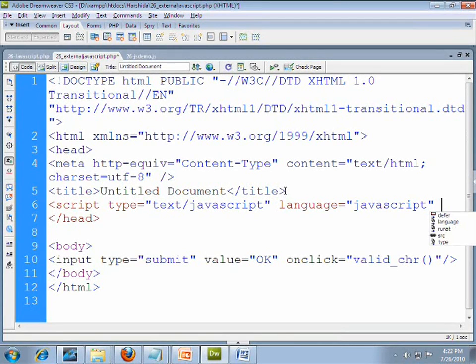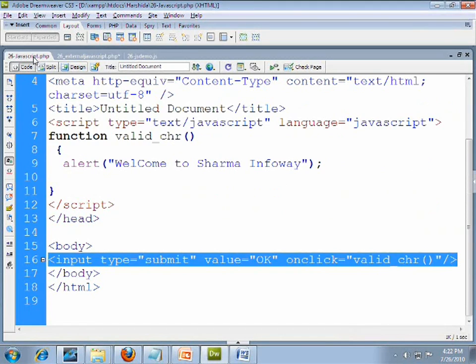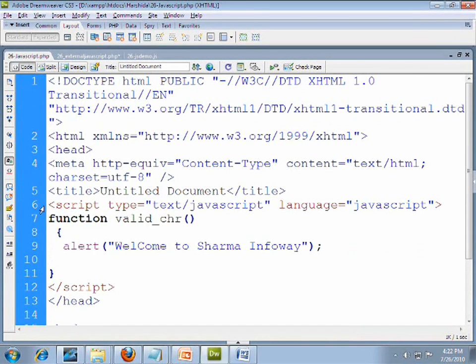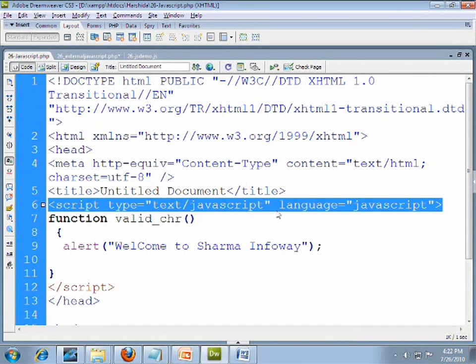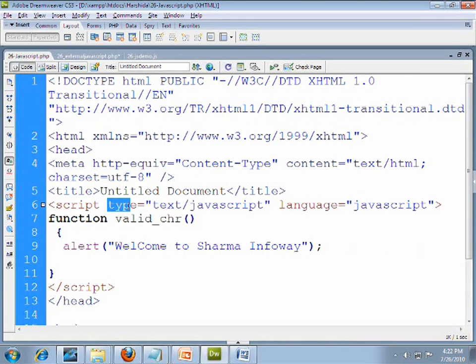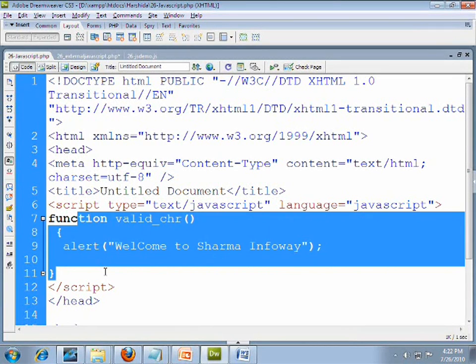But in an internal JavaScript, we do not specify our .js path. The reason is, again I repeat, go back to the internal JavaScript example. You can see that in this first page I have specified only the type and language, but not the src. The reason is that our JavaScript functions are in the same page.